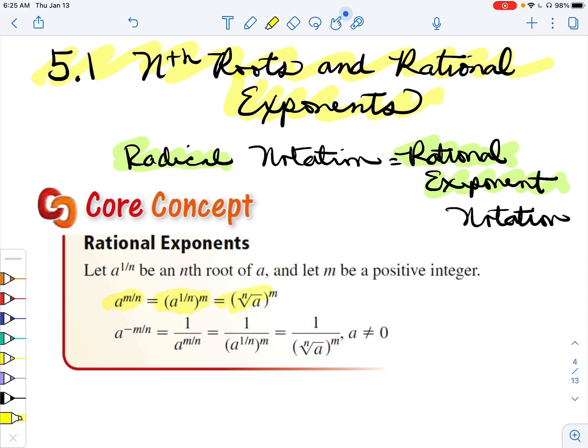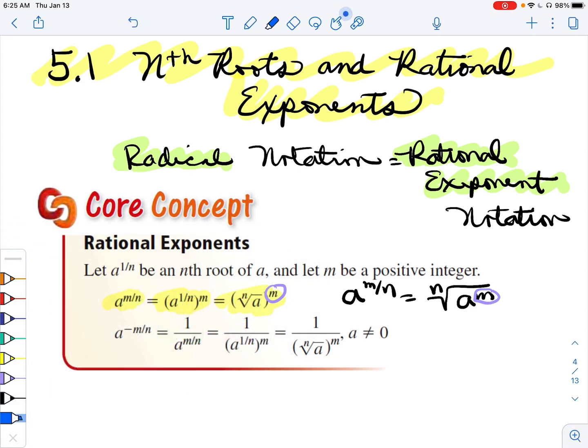And there was another way to do it as well. You can also convert a to the m over n to equal the nth root of a to the m. So I want to point out, the exponent can either go around the entire thing or just inside at the radicand, same thing. Okay, the new part here